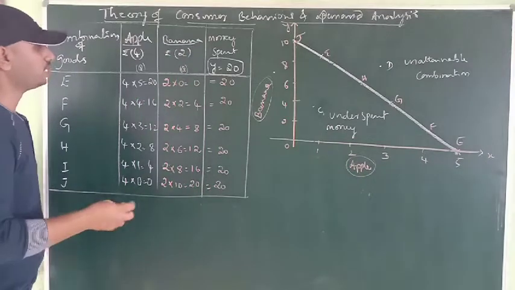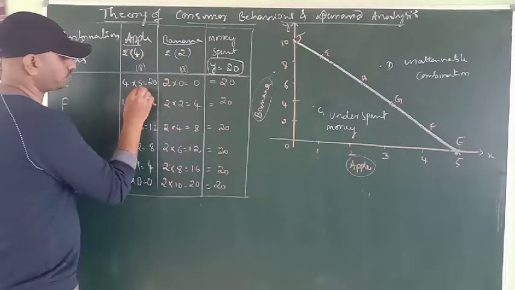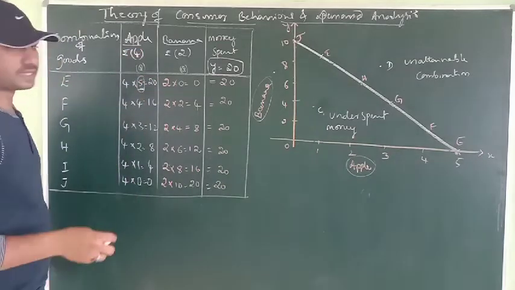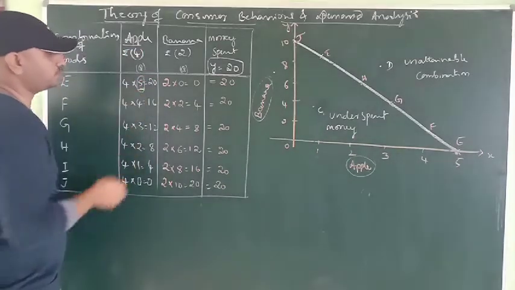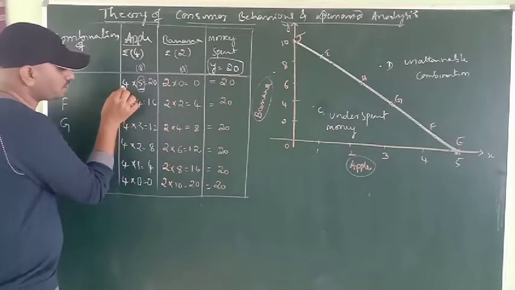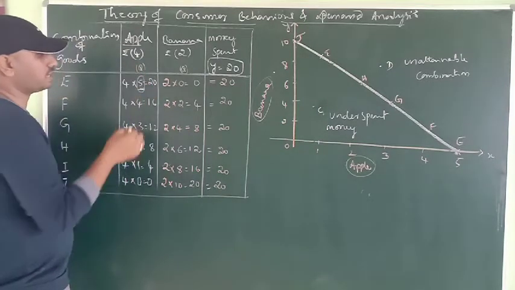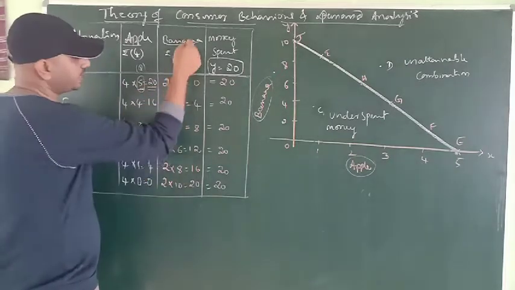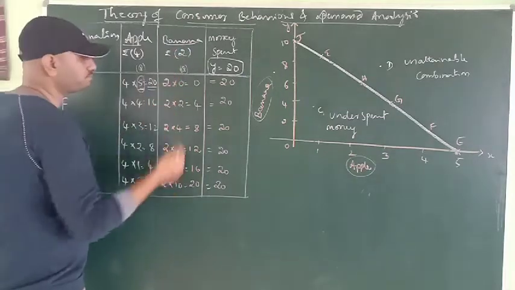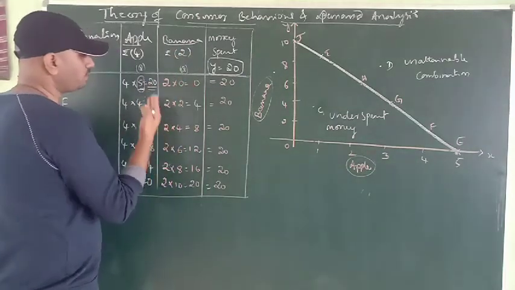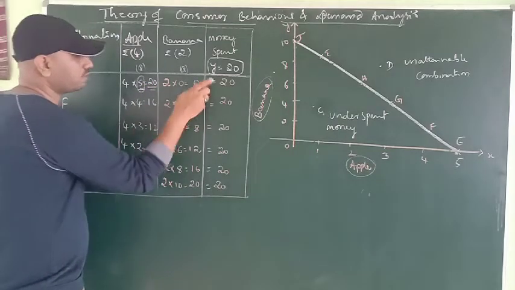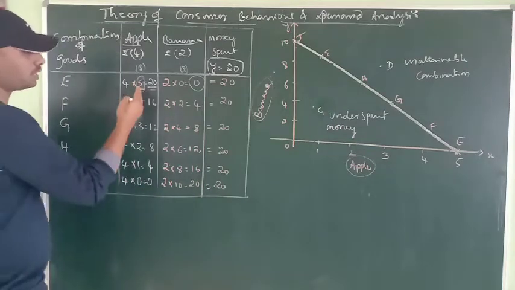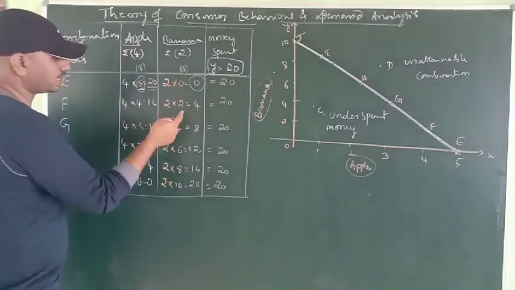Now coming to the explanation of this table. When the consumer has taken 5 quantity of X good, here X stands for apple, at 4 rupees each, he has spent his entire money. He doesn't have any choice to get any good on the y-axis, that is, the banana. When he spends the entire 20 rupees here, he has zero amount left to get the other commodity. But if he is not satisfied with zero, he can get some, but he has to sacrifice some units